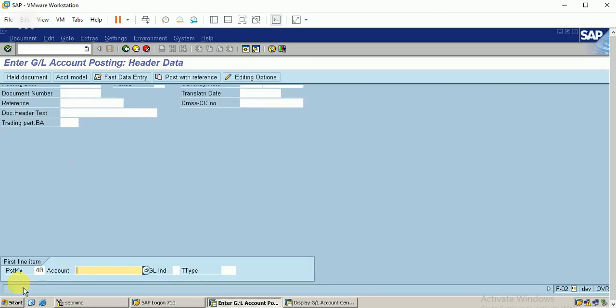Okay, this is the posting key. That's 40, which represents a debit entry. So this is posting key 40 and the account. What is the account? I'm going to debit my petty cash account, 10001.